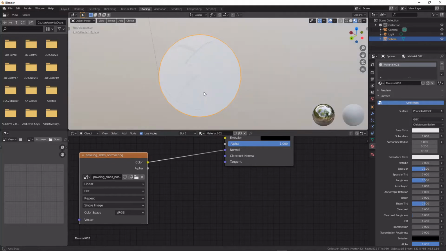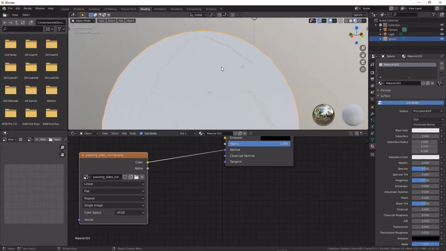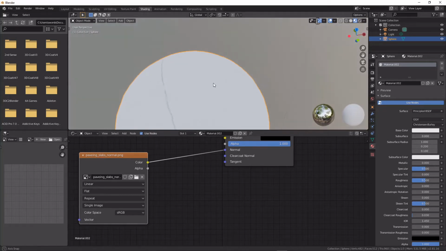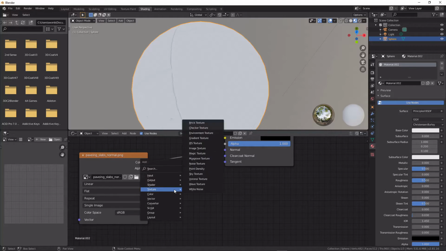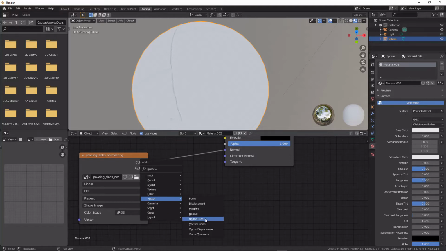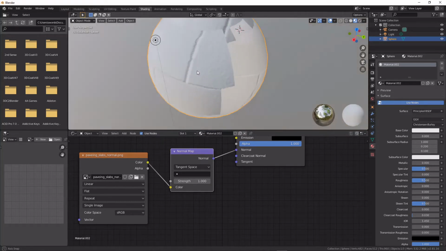So we can see that we get some stuff come up, but it's not right. It shouldn't look like this at all. So the first thing we want to do to make this right is add in a vector normal map, and then that will start to